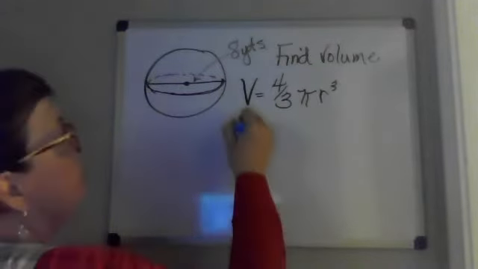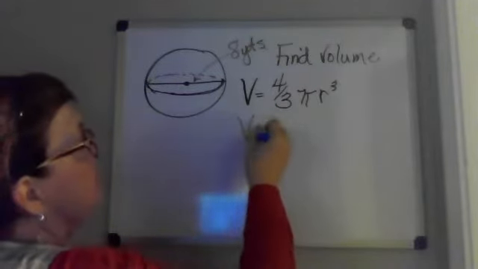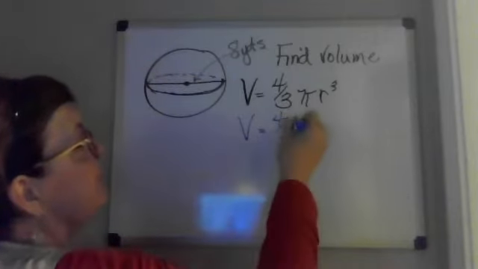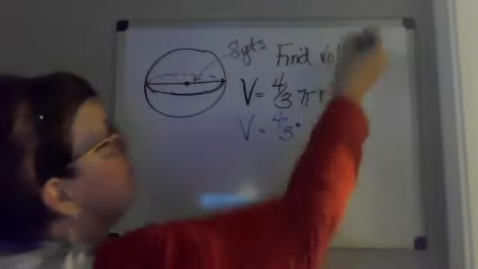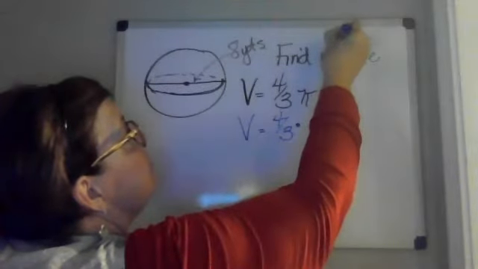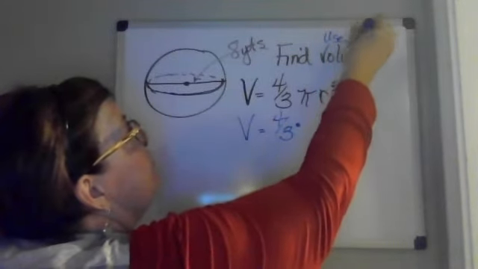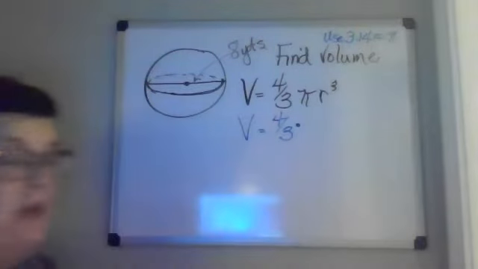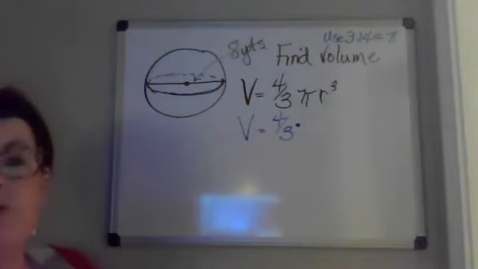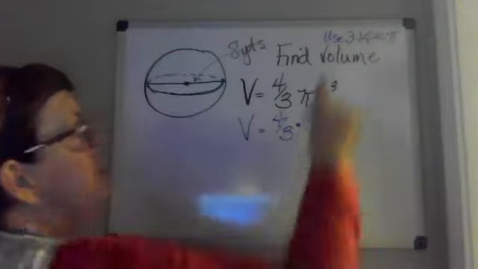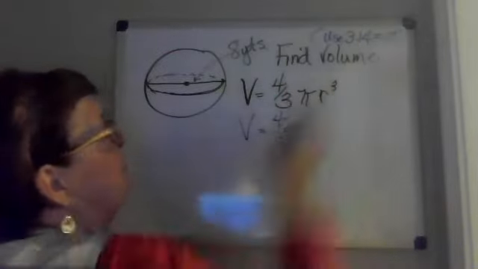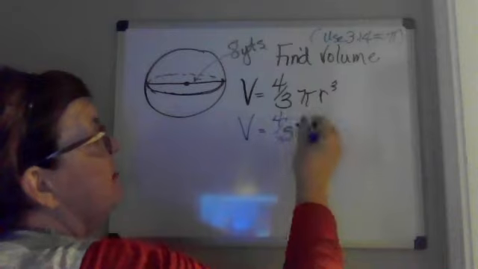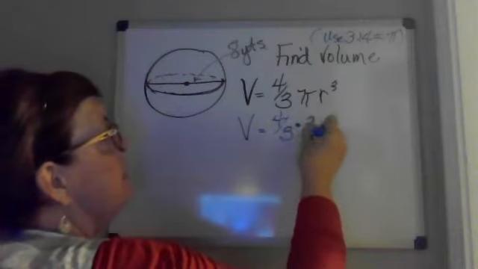So underneath, now we're going to plug in the values that we know. 4/3. Let's say they told us use 3.14 for pi. They would say that in the instructions. Very important for you to read the directions. So in this case, since it says this in the instructions, then when you get to pi, instead of using the pi button, you're going to type in